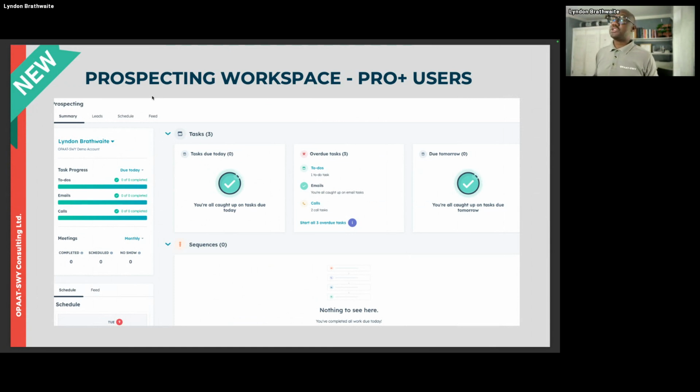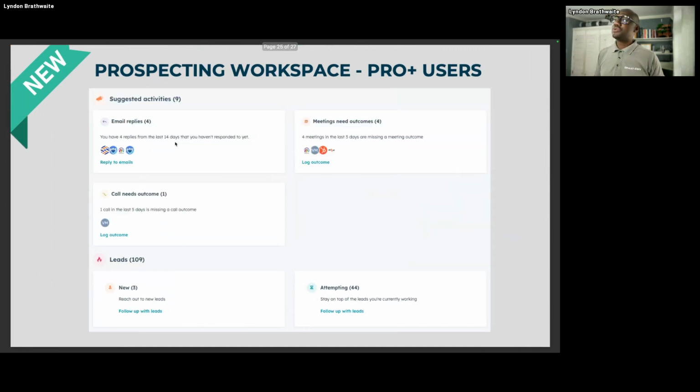And the prospecting workspace, for me, I think it's actually pretty good, because it initially gives you a number of things that you can follow up on, right? So it gives you that summary from the beginning. It lets you know who's enrolled in your sequences, and I'm going to give you a live example thereafter. And also it pulls up stuff that highlights to you your emails, meetings and outcomes. So again, all in one place. And if you look down to the bottom left-hand side, your leads.